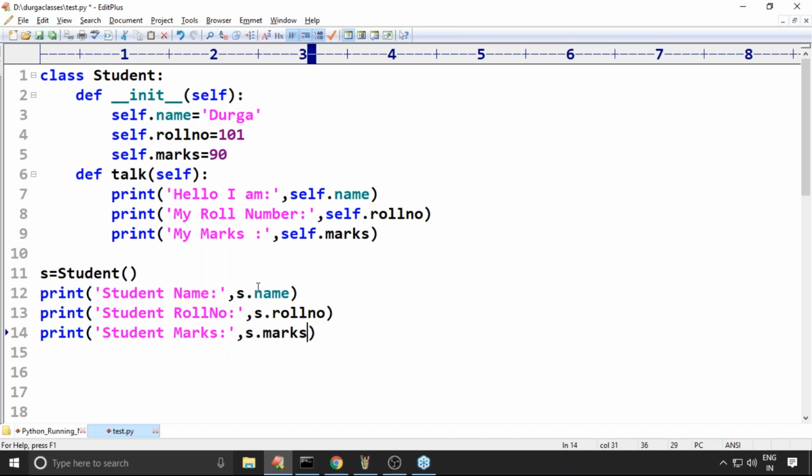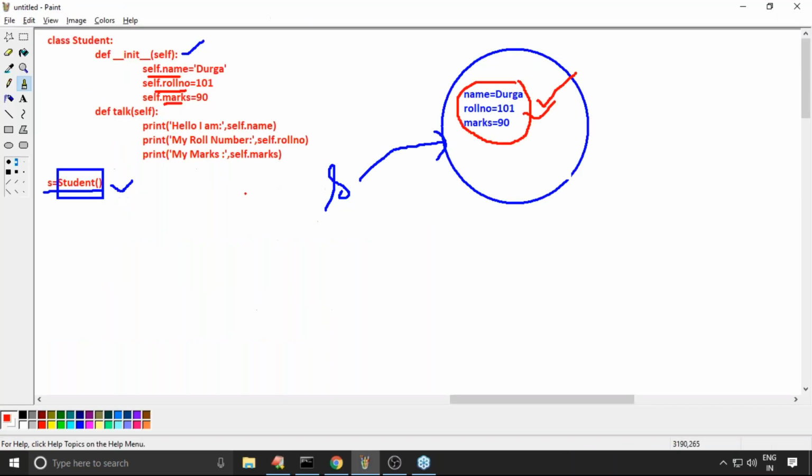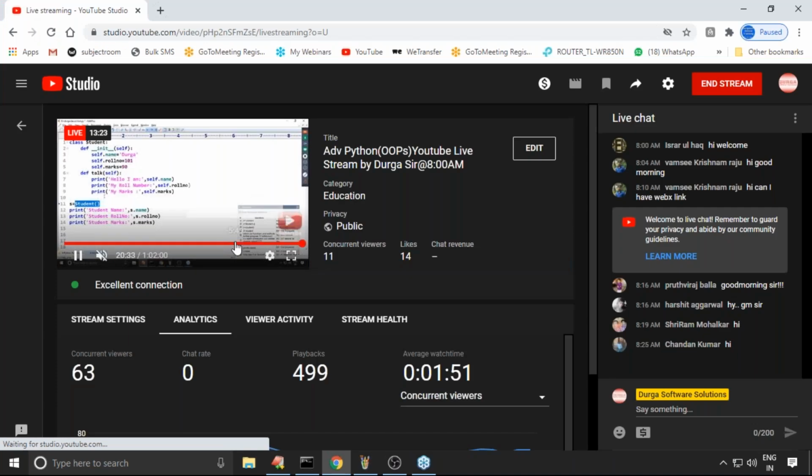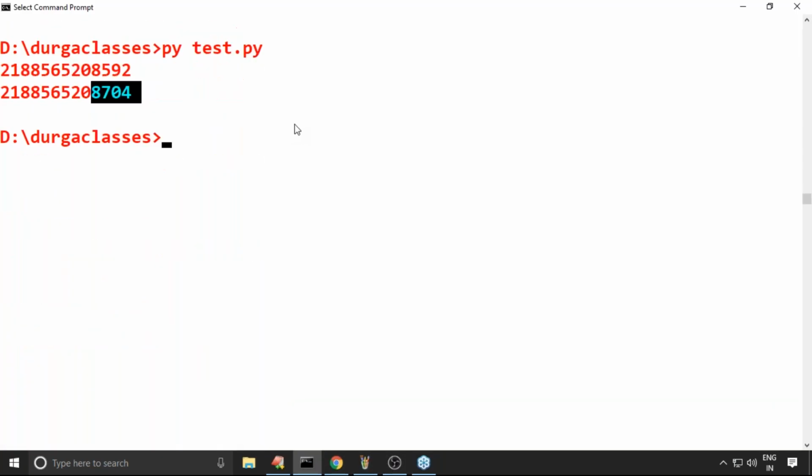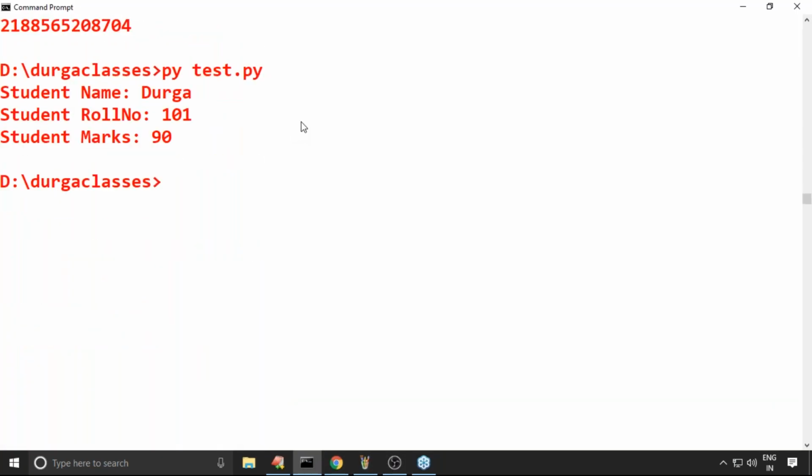Everywhere, if you want to use this object, it is compulsory to use the reference variable s only. Let me execute this code. Student name Durga, student roll number 101, student marks are 90.